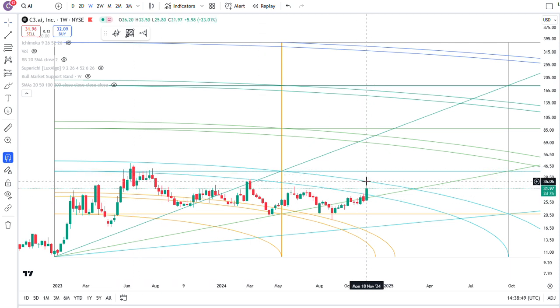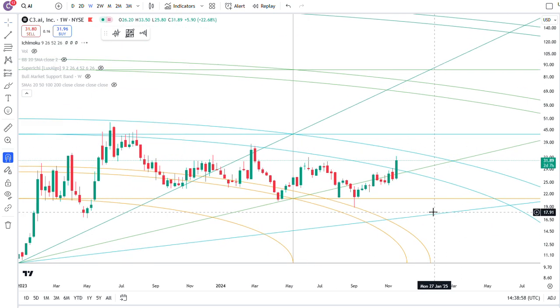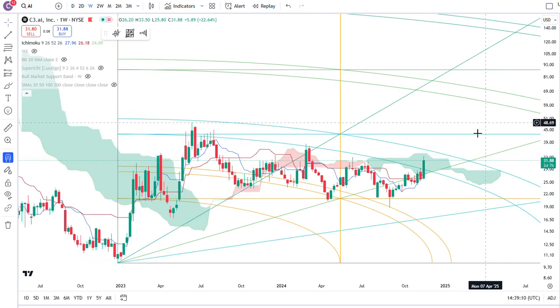So it's probably going to gravitate up here to like 36, maybe wick there, and then maybe you're going to get some resistance here on the weekly Ichimoku cloud, which is completely reasonable, right? You might wick above to the arc and get rejected here. It might hang around here, consolidate a little bit longer into 2025, and then break above and go to the next level would be a logical step for it to go.